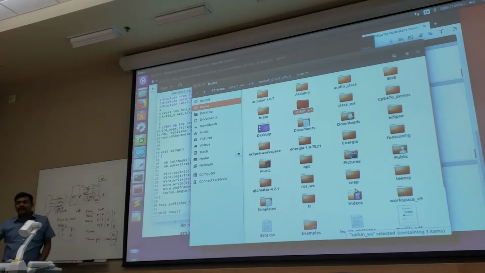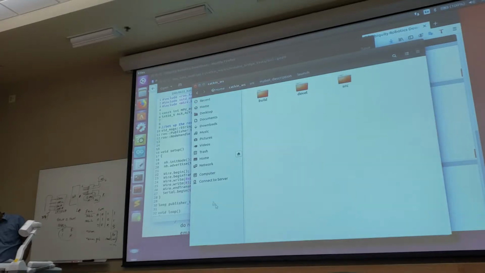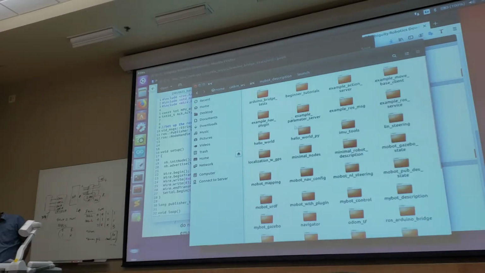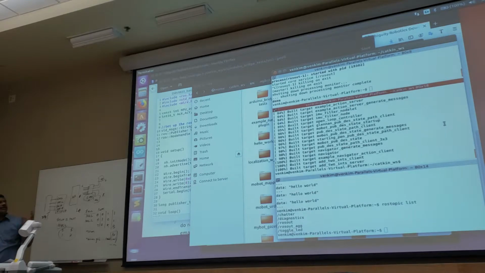Even though I have multiple workspaces, you don't have to activate all those workspaces. Correct? How do you not activate them? You go to your bashrc file and disable those things. That way, you don't look at those files. You understand? So that's what is happening. So I have about, I don't know, close to 30, 40 packages here. And once you do this, since you're freshly compiled,